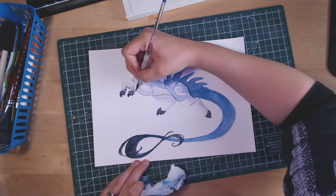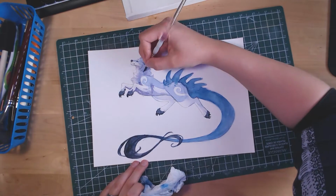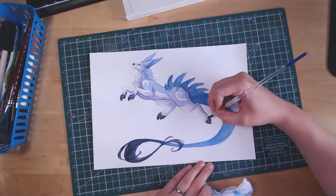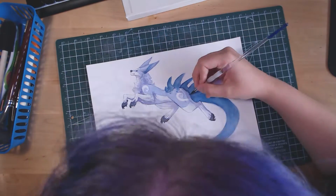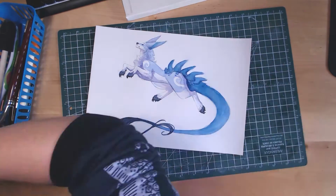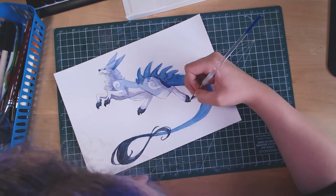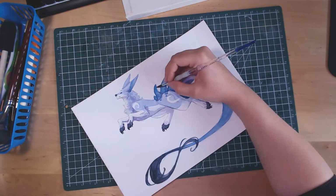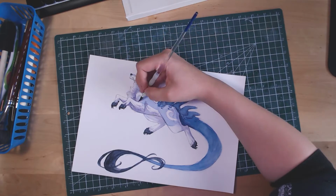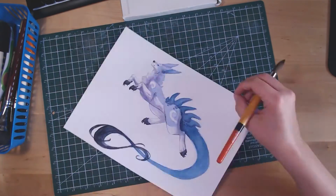But yeah, I decided to lift up some color anyway, and I think it gave a really neat effect. I really like how this picture turned out. I was super nervous, and it just came around. I was going to cut him entirely out of the background in Photoshop, but then I got to his tail and remembered the little hairs that I so carefully added in, and it's impossible to go around those, so I figured I would just erase the imperfections and leave him as he is,